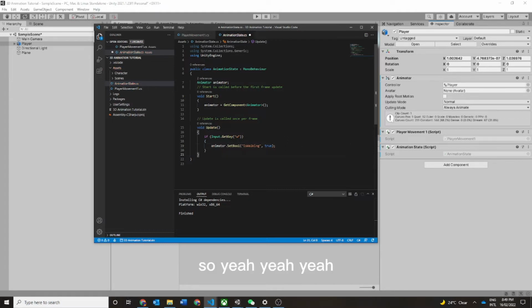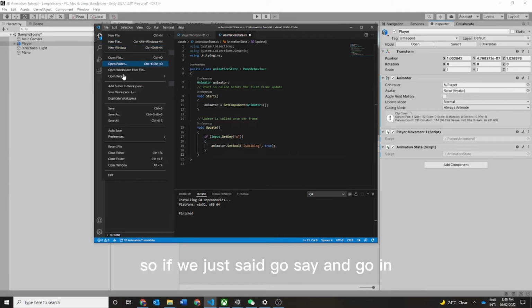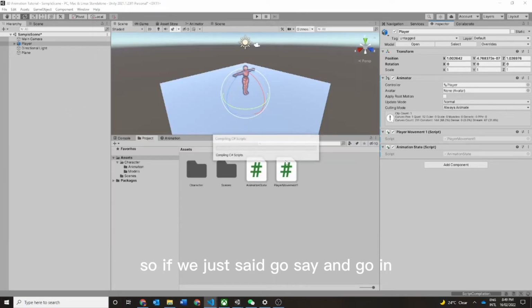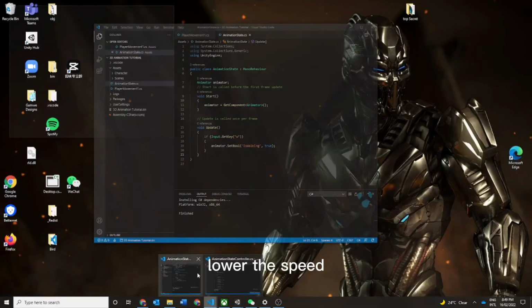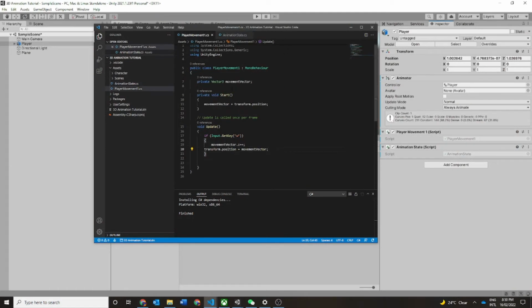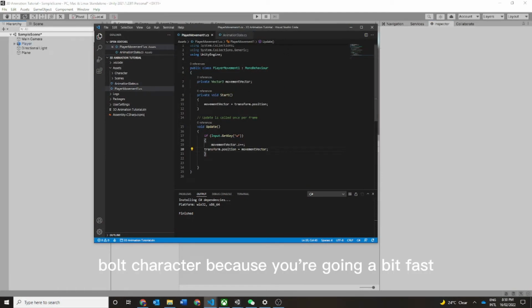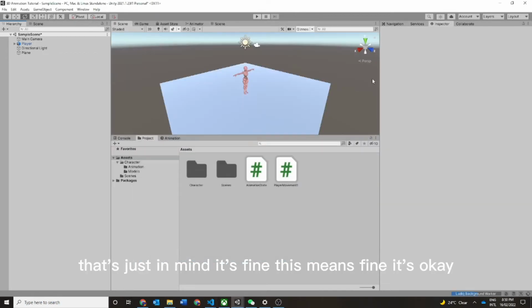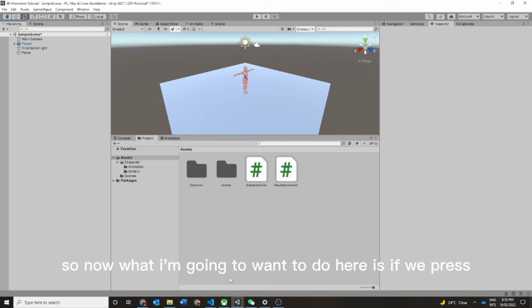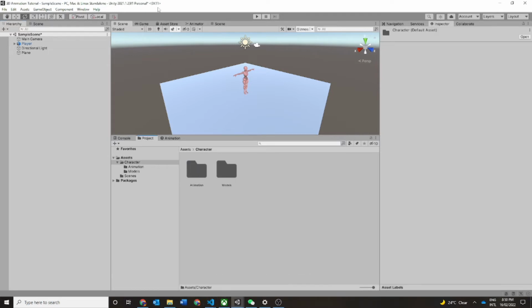So yeah, bam, there. So if we just go save and we go in, and while we do that, I'm gonna lower the speed of our character because he's going a bit fast. So let's just, never mind, it's fine. The speed's fine, it's okay. So now what we're gonna wanna do here is, if we go into the character or the